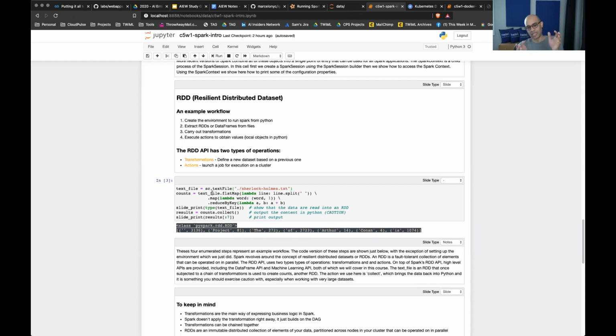So basically the idea is that you've got this document that is full of lines of Sherlock Holmes, and we want to essentially do a term frequency calculation. And as opposed to doing all of that on one node, in the Spark world, we can basically split that document line by line, and we can